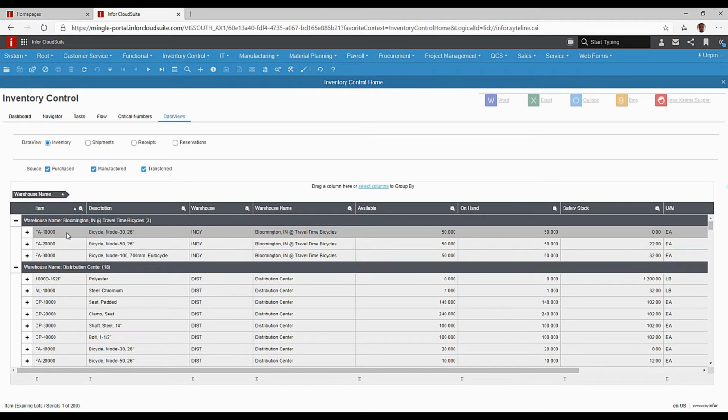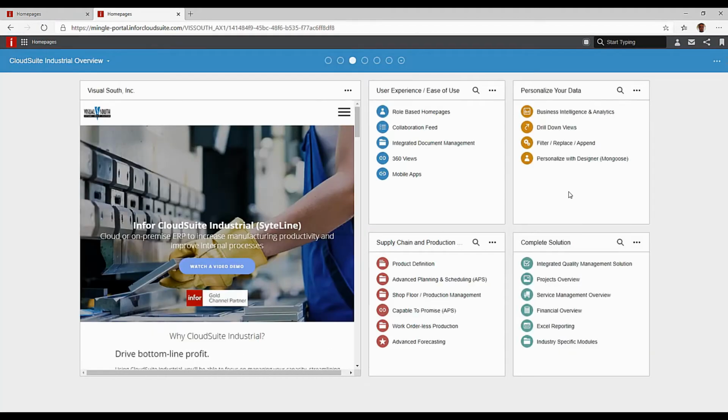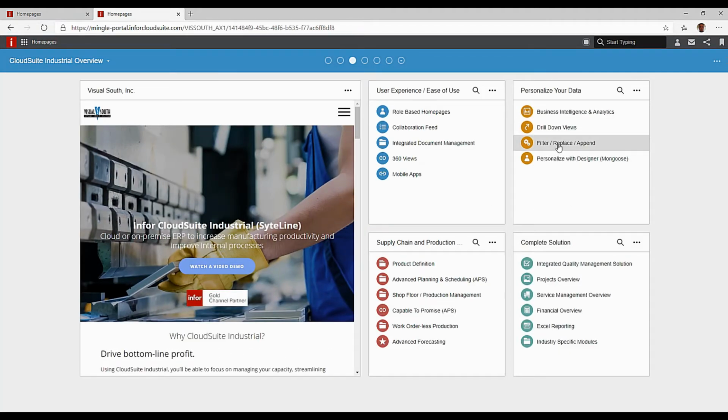I also have the ability here to drill down. So it's not just a report, it's a living report. I can right click and do the same thing and go to details to go to the detail record for that particular item, or drill into any of the other information related to that piece of data that I right clicked on. Okay, if we go back now, some of the other things we could do with filter, replace,